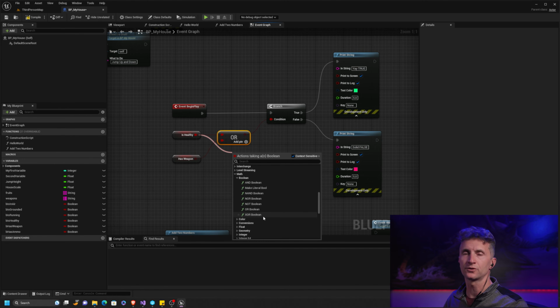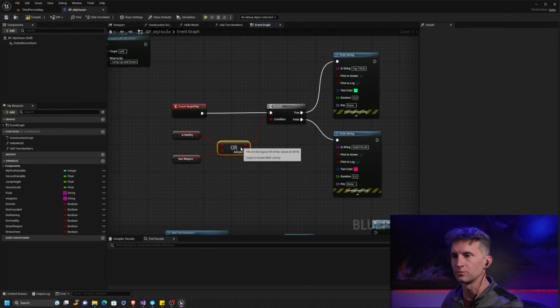NAND, NOR, and XOR, it all reminds me of digital logic. We could probably do another addendum on these. I actually have never used any of those other ones in Blueprint so far that I think of, largely because it's easier for the person following, whoever else has to pick up your stuff, if you're using the more straightforward ANDs and ORs. Now, let's talk about the last one that is important to understand, and that is called the